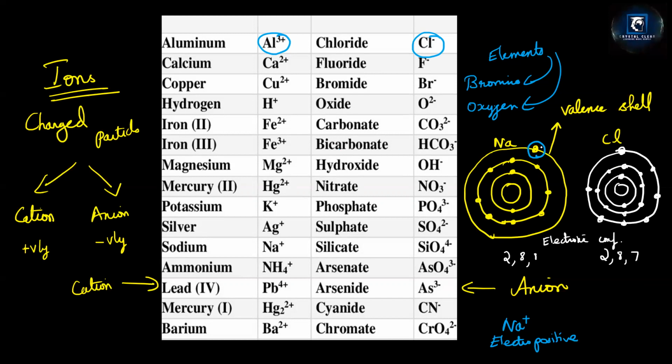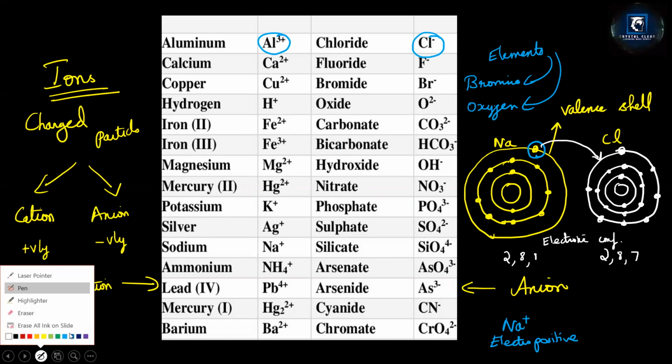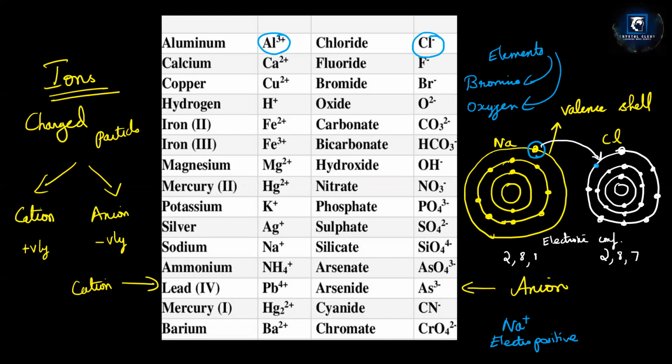Okay, now this electron will be transferred here and they become a compound. And you can see the electron will come here, they form a bond. We call it an ionic bond. Okay, and this one is electropositive, whereas chlorine is gaining 1 extra electron. Okay, actually, how many electrons should be there? The total number of electrons is 17. But 1 electron has come here to fill the shell and to obey the octet rule.